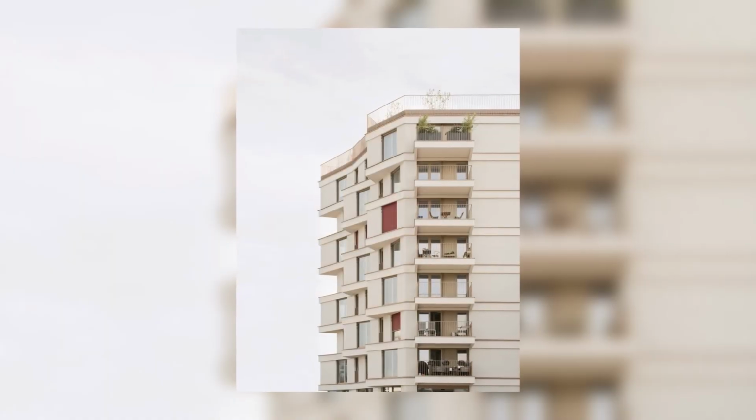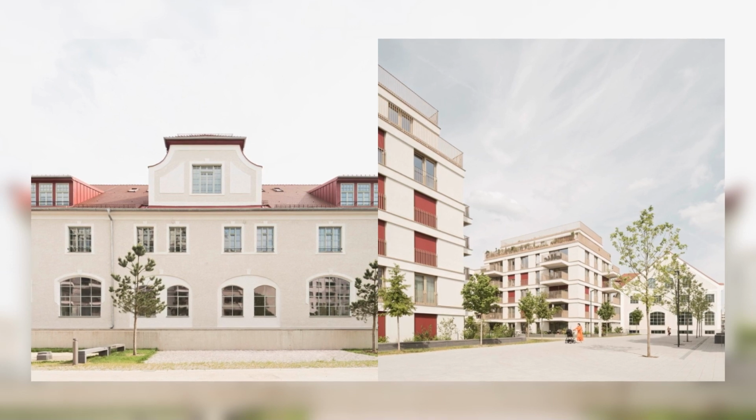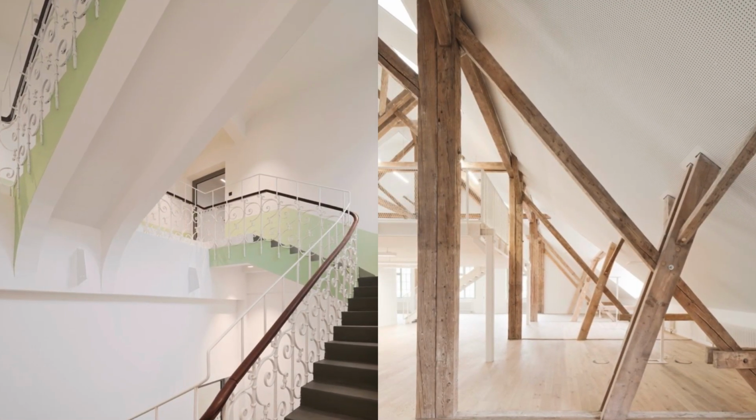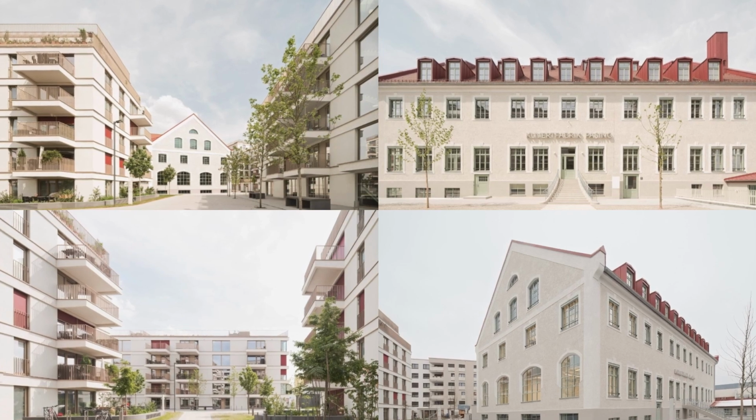The former envelope factory is the centerpiece of the new development at the end of the main boulevard, leading from the center of Pasing. A defining feature of the neighborhood since it was built in 1909, the factory has been renovated in line with historic preservation guidelines. We retrofitted the interior to create modern offices that meet today's workplace standards and blend seamlessly into the historic fabric